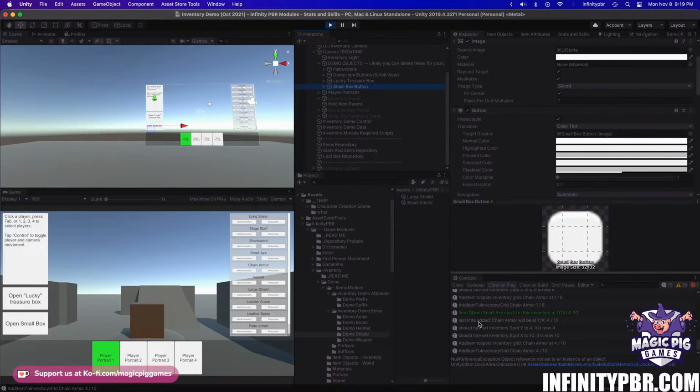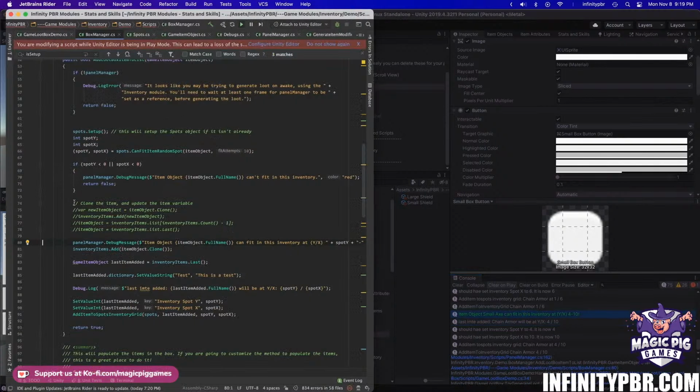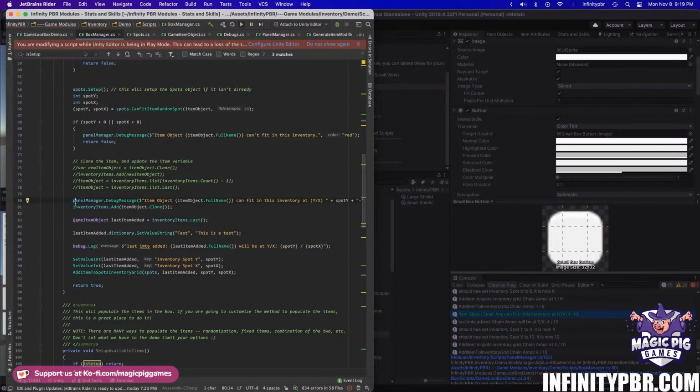Wait a minute. Those are different things. These are not the same item. This happens on line 80. This happens on line 87. Box manager of box manager. What happens between 80 and 87? A whole lot of nothing, but somehow